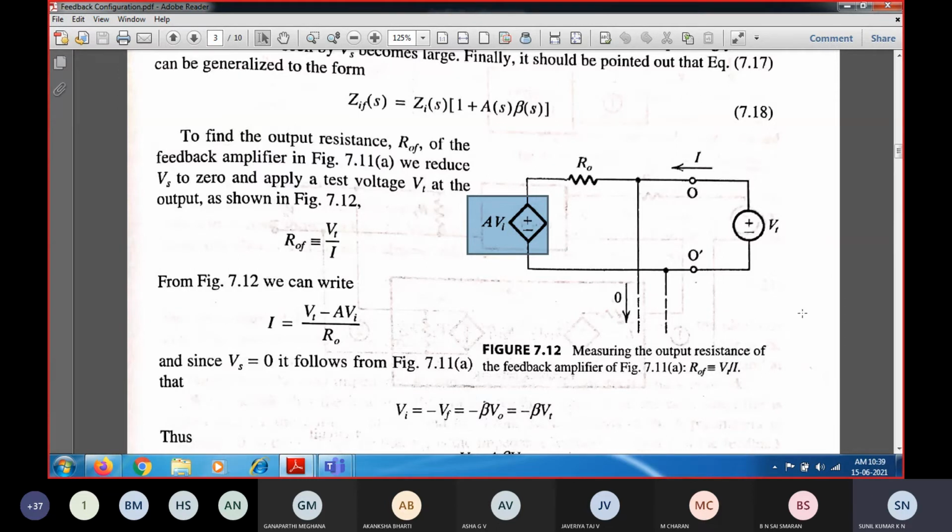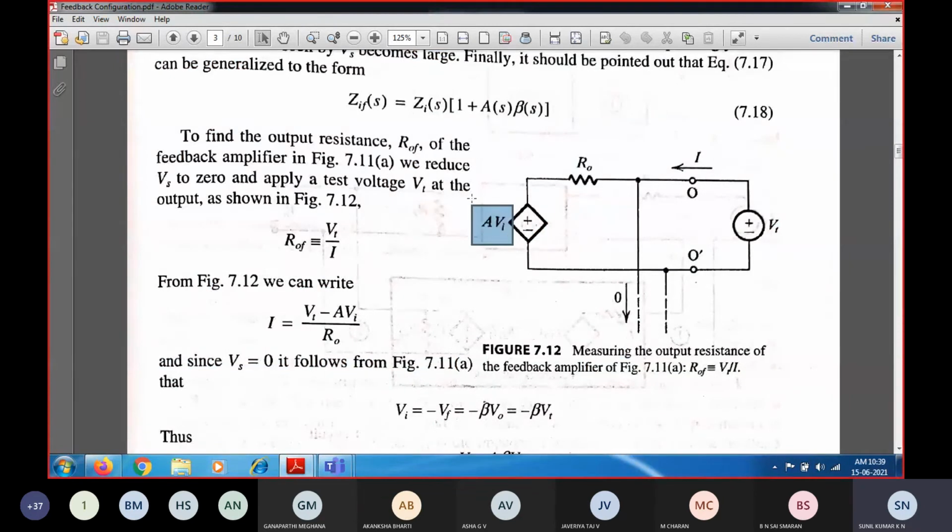Since the feedback is connected, and we know some output voltage, we have connected one test circuit voltage. Based upon that test voltage, it is going to be amplified through the feedback network, and it is going to provide the error voltage. Vs will be 0, so 0 minus Vf is going to come as Vi. So we cannot consider Vi equal to 0 in this expression. Is it clear?